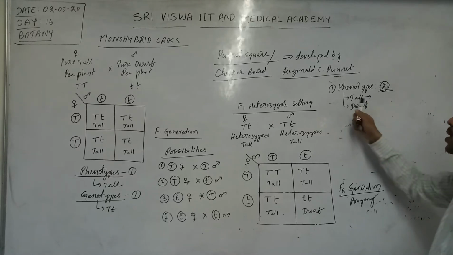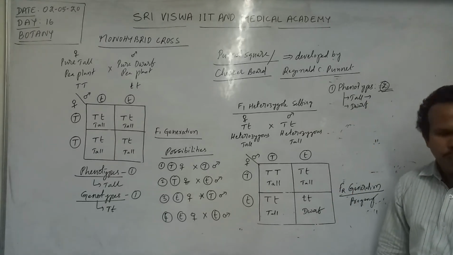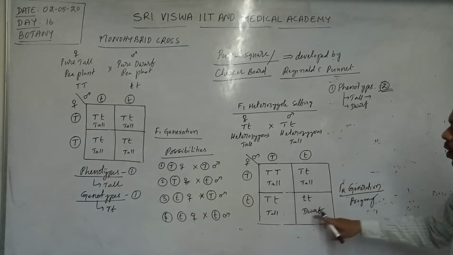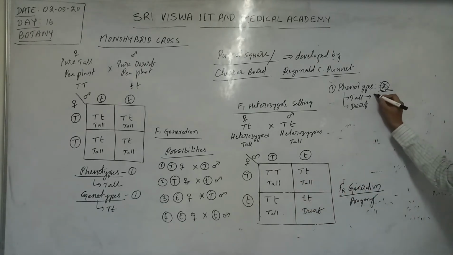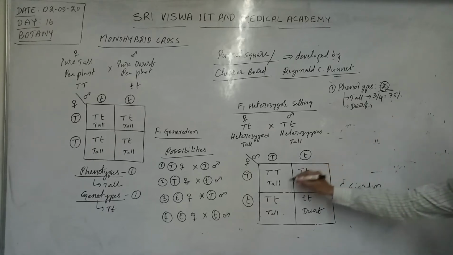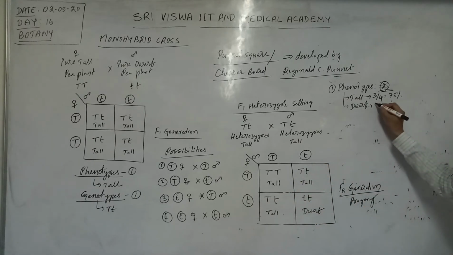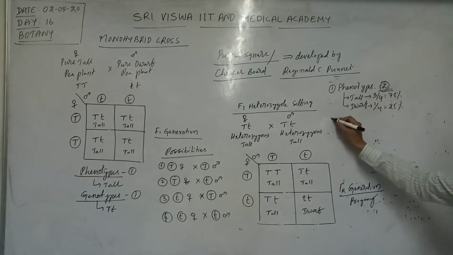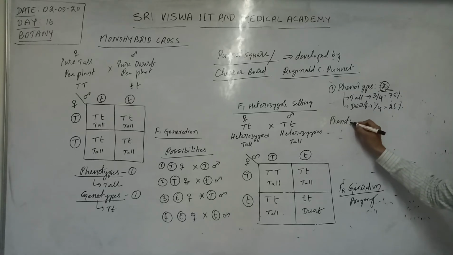However, here what is the proportion of tall? Generally here, out of 4 plants produced, how many are tall plants? 3. So proportion of tall is 3 by 4, that is equal to 75%. Then proportion of dwarf, out of 4 plants, how many are dwarf? Only 1 is dwarf. So 1 by 4, that is 25%. Very important. I mean here phenotypic ratio is